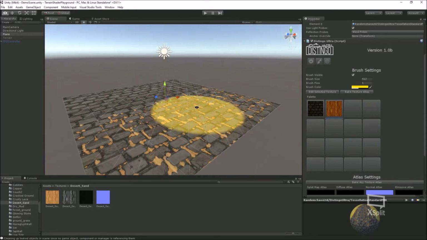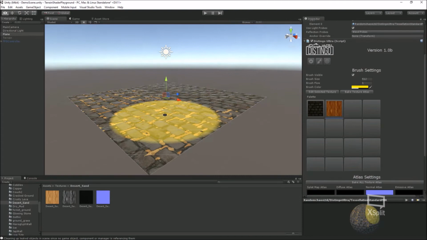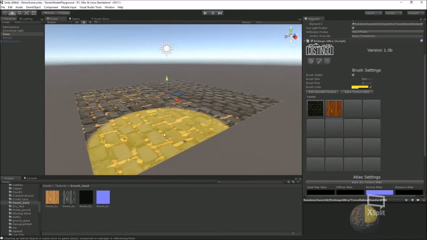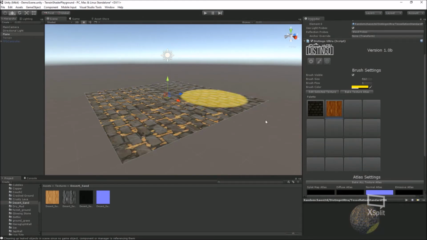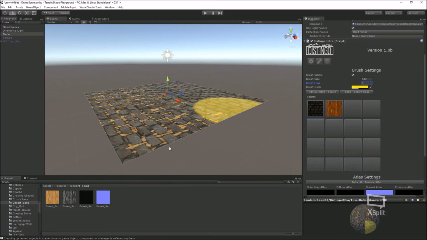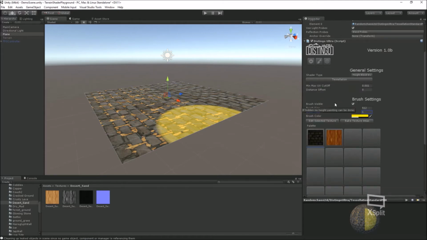what the tessellation actually does and what we can do to make this a bit more realistic. At the moment it's all very flat. So I'm going to get onto that now. As I say, within each of these channels, all 16, we can alter the displacement multiplier. That's basically how high physically we're going to render each of those slabs based on its height map. But in order to do that, we need to switch on the tessellation and